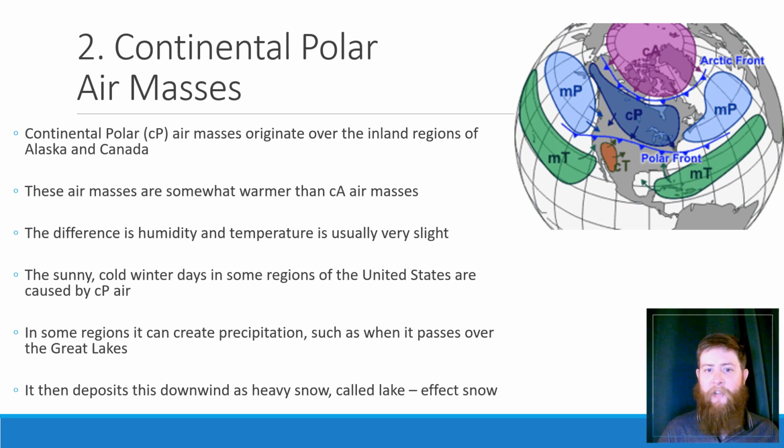It can cause precipitation when it comes over areas like the Great Lakes. In the United States especially, looking at this map here, you can see that the Great Lakes are kind of the only inland water that's big enough to denote on this map. So any water that's big enough to be on the map is going to be big enough to cause precipitation. So we get some snow downhill from those, kind of downwind, and this snow is a heavy snow, and when we get it, it's called lake effect snow, because the snow is really wet and really heavy, and usually melts off pretty quick, because this air is kind of warmer than that continental Arctic.